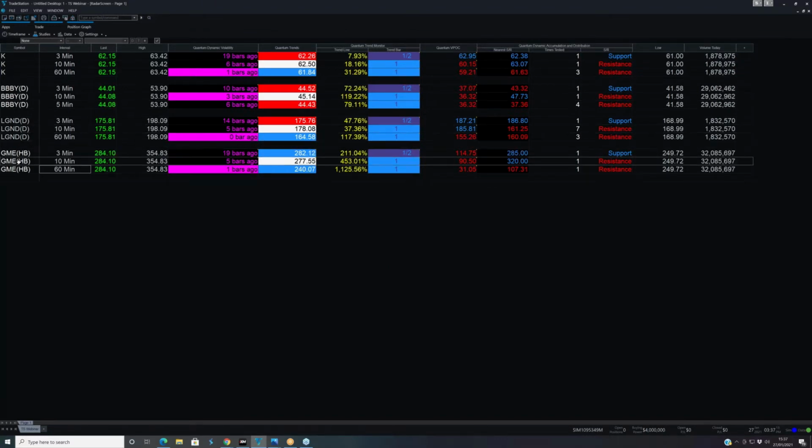Obviously, I've got the ticker, my 3 time frames. I've got 3, 10, and this is my 61. This is the one that I'm interested in. In fact, there's also been a trigger on Kellogg's that we looked at yesterday. There was a trigger 6 bars ago on Bed Bath and Beyond, and there's actually a volatility ongoing now on